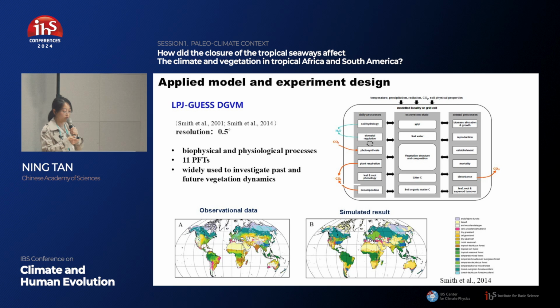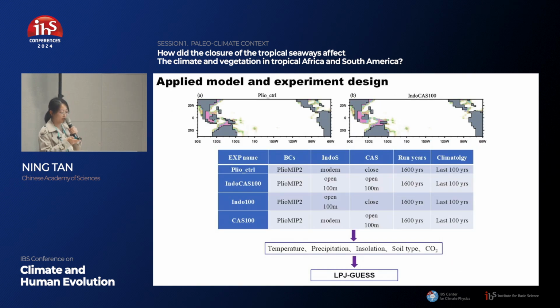And the vegetation model we use is LPJ-GUESS, a dynamical global vegetation model. So this is the observational data, and this is the simulated results. We can see the patterns are very similar, but originally this model can have some bias. But we can systematically analyze the bias